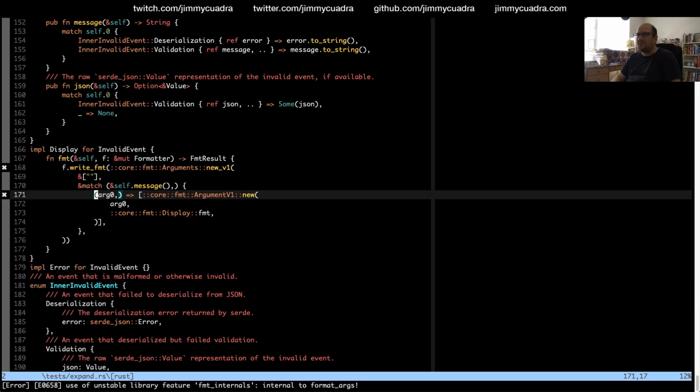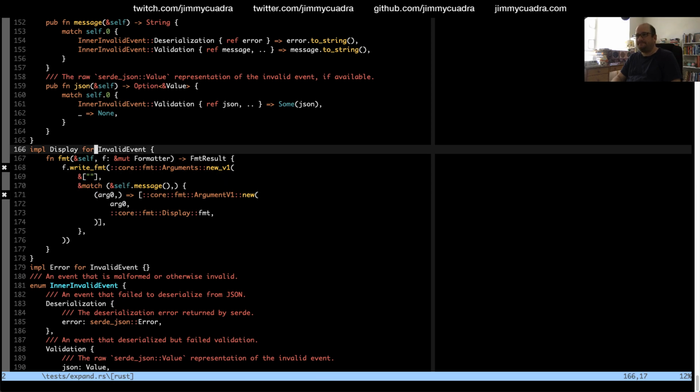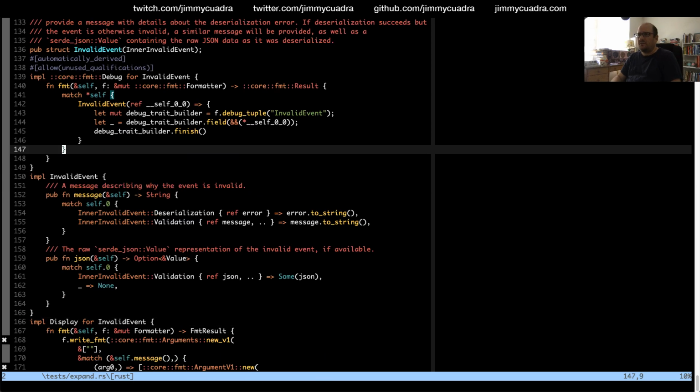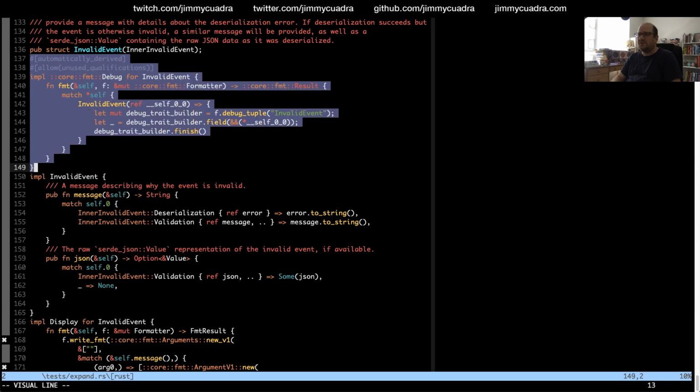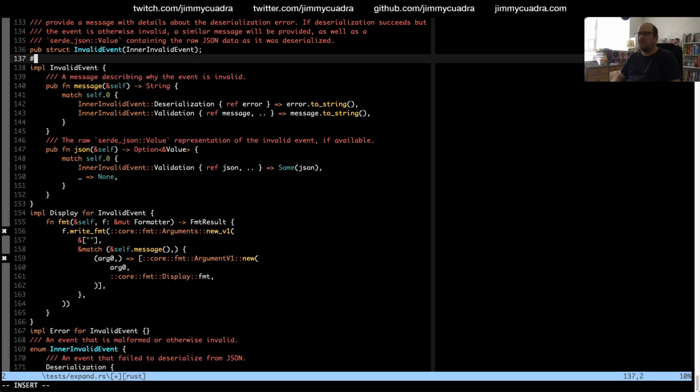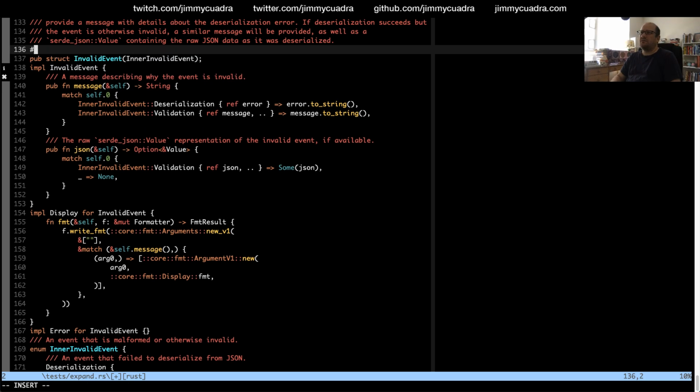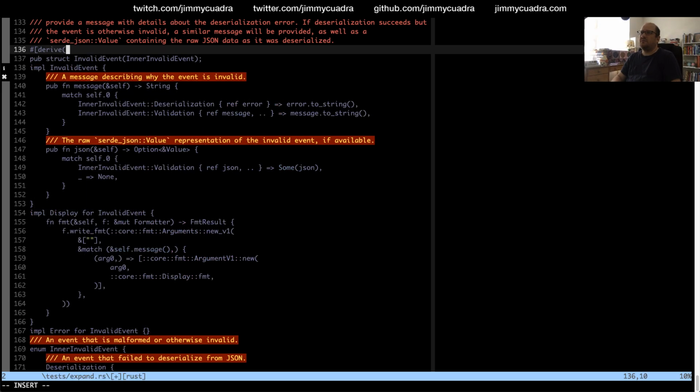Format internals. Ugh. Let me try removing this. We're going to put these back. Derive. Debug.